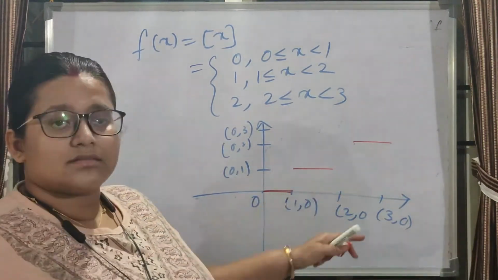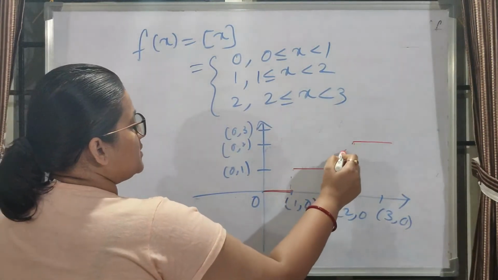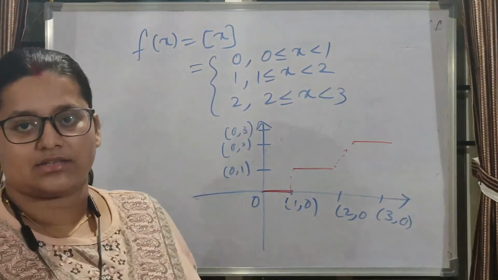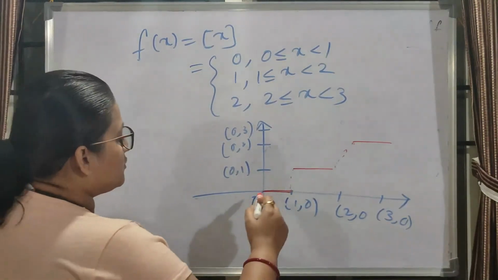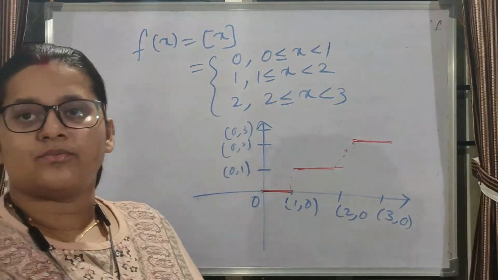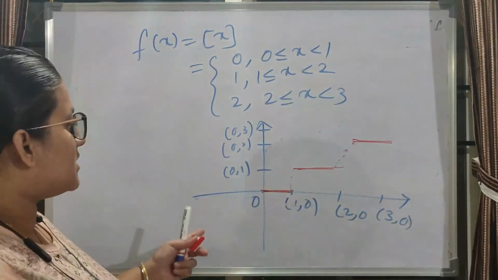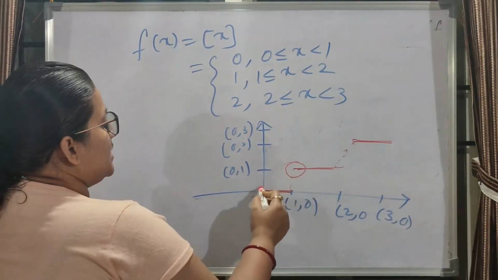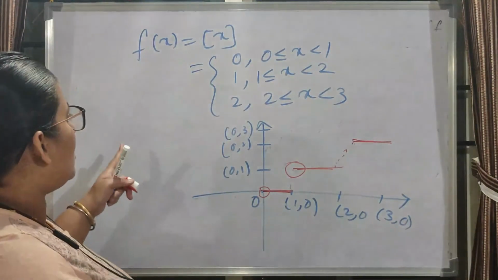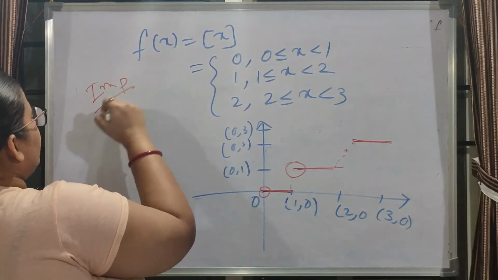Basically, the values are jumping literally like this. It becomes a step, so it is also called a step function. Whenever we draw this graph, we need to lift our pen from the paper. So this is not continuous. This function is continuous only at non-integer points, not at the integers. This is an example of a discontinuous function, and this example, the greatest integer function, is very important.